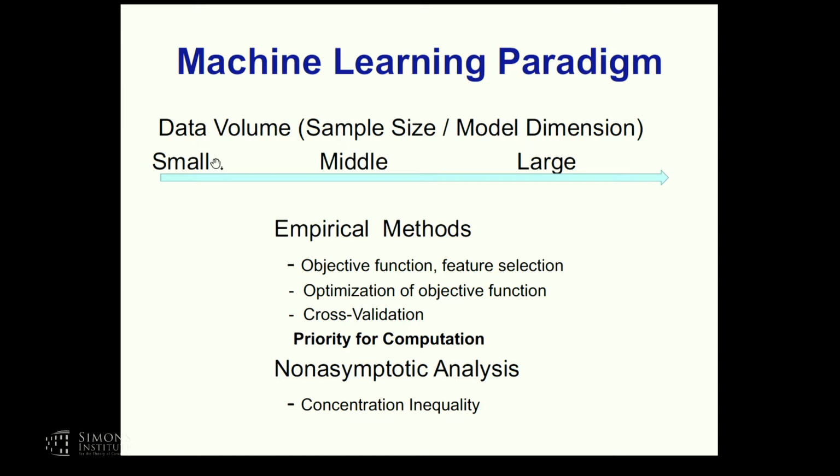Most of the theoretical analysis relies on this so-called non-asymptotic analysis. For example, the concentration inequality is one of the popular tools in this area. And the nice thing about this non-asymptotic analysis is that a lot of things are very straightforward to get. For example, the sample size calculation in statistics typically is a difficult problem, but in this case it's really straightforward, because in a concentration inequality, in particular, precision is given in the result,